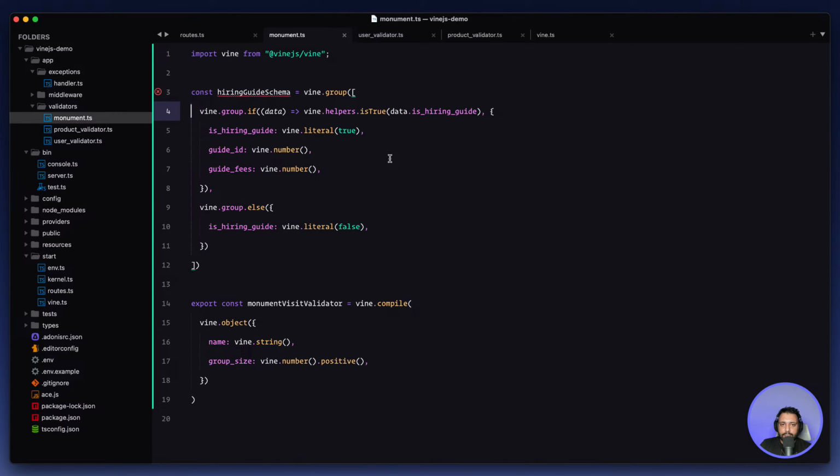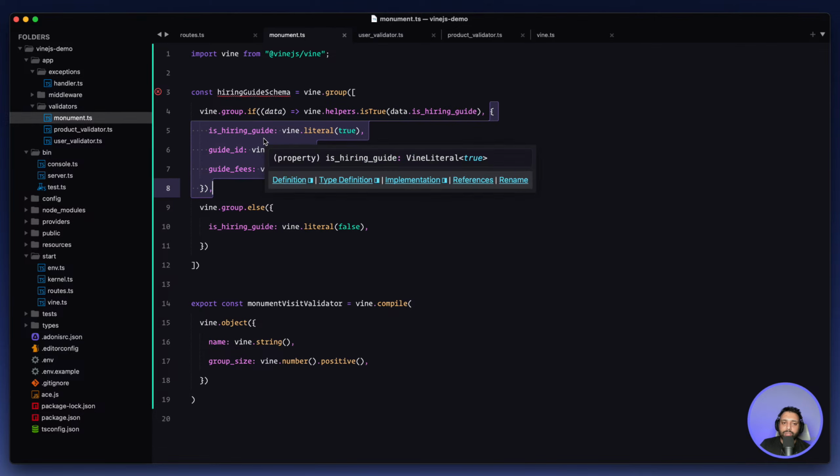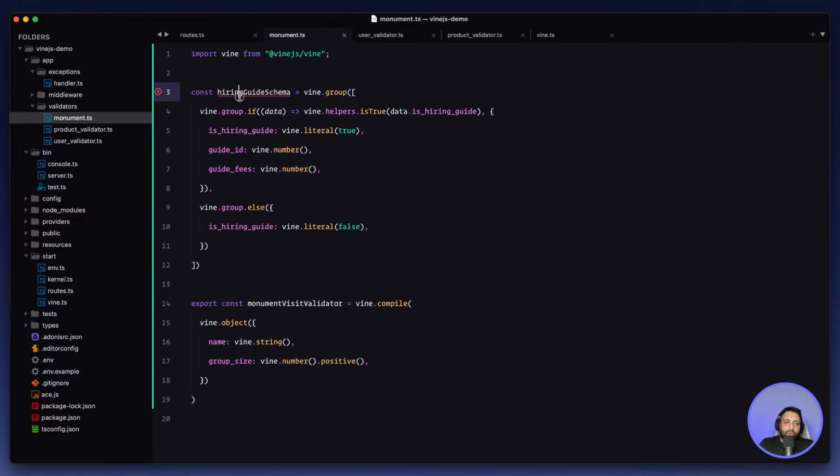So what exactly we are doing is we are creating a group, and this group is like a union, and inside this group we can have multiple statements. So you can have multiple if statements, and finally an else statement as well. Each statement has a condition where you check for some condition at runtime. You have this function, and then you say if that condition is true, you can use this schema. And finally, once you have defined this group, you can merge it inside an object. So I will say merge,